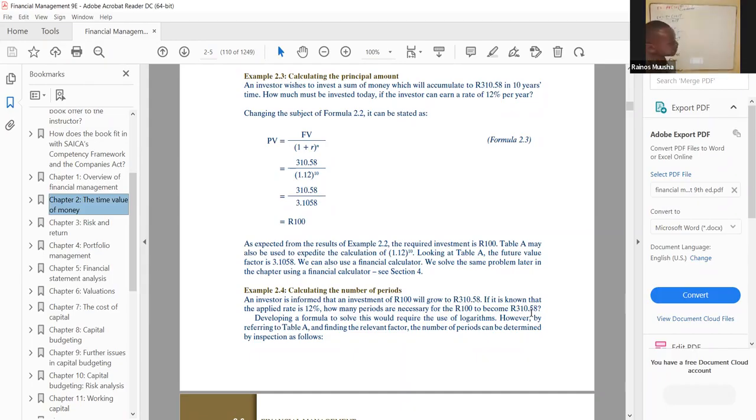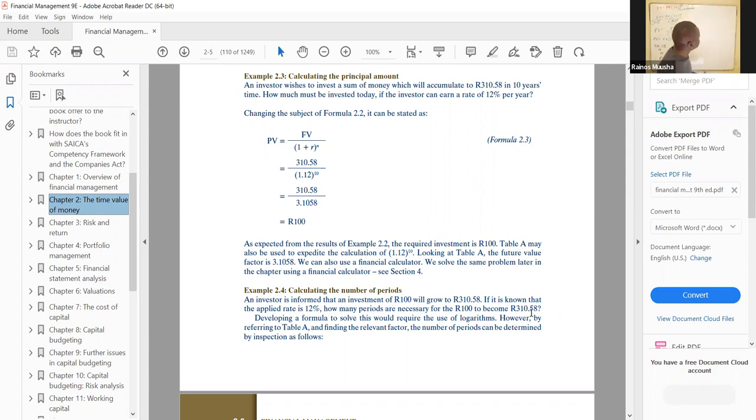So look at the movement in cash flows. Whenever you are given the present value and future value together, one of them has to be negative. So when you're entering the information, one of them has to be negative because you're confirming the movements in cash flows, because you cannot invest money and now have an outflow again in the future. It's either you invest money today and you get back your money, or you borrow money today and you pay back that money. That's basically how it works in investments, isn't it?